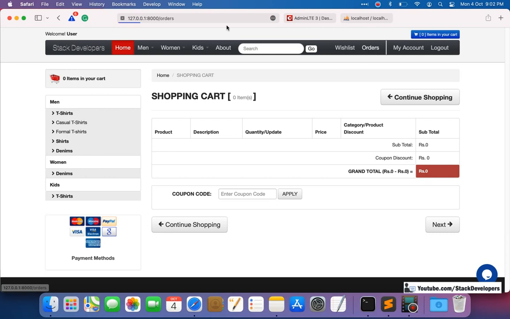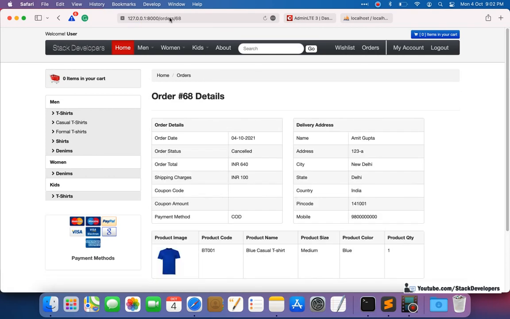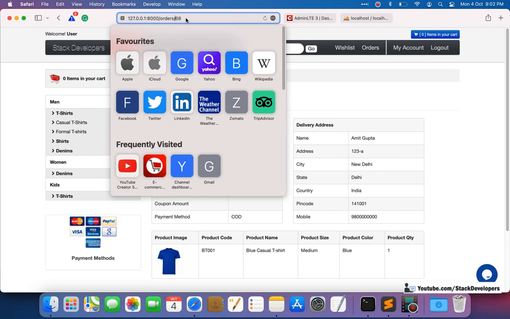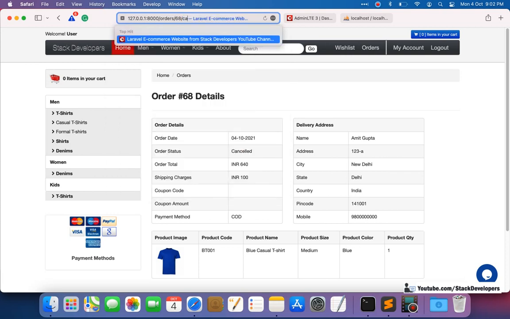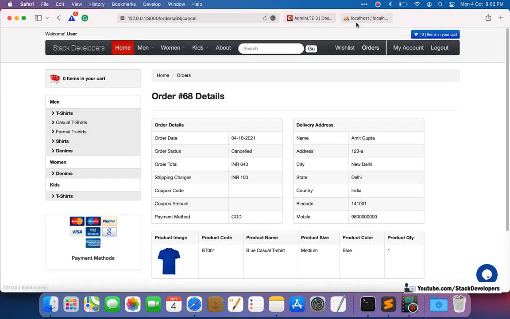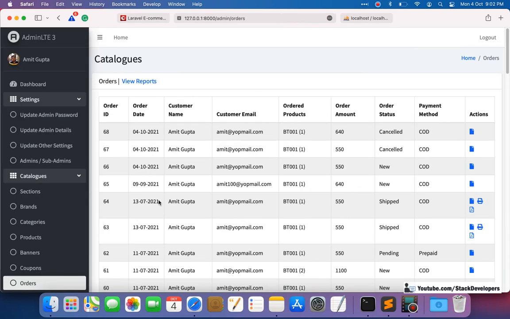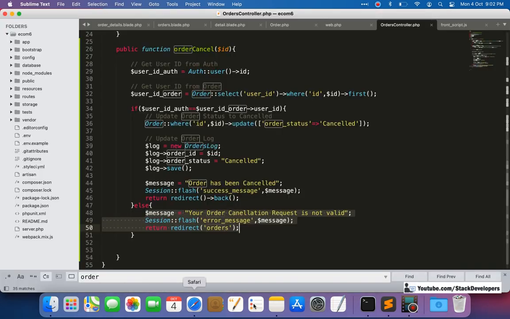So let's do it. See here, you know that we are going to cancel like this. Cancel, this is the cancel link. Here what I am going to do is try to cancel this 64 id. No, sorry, I want to cancel the 65 id.